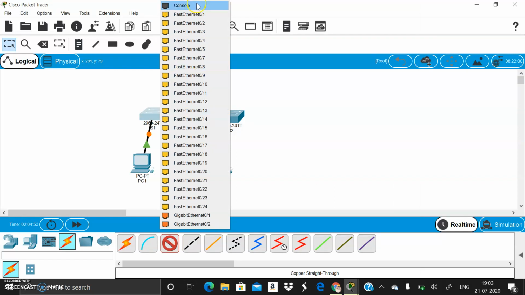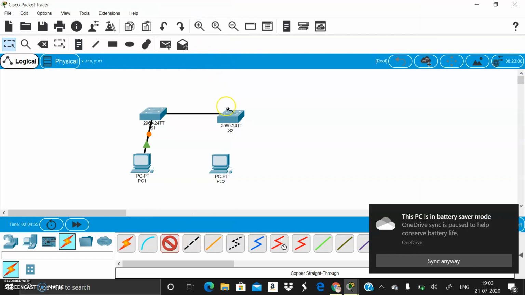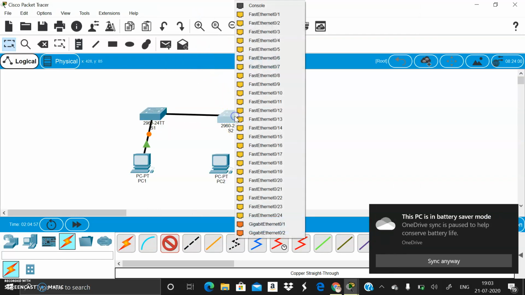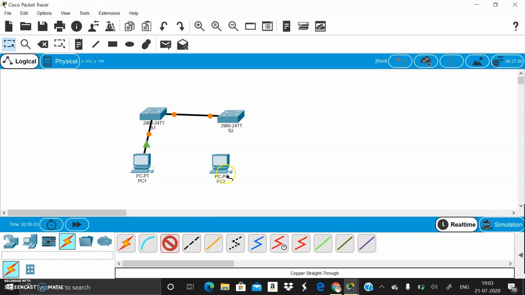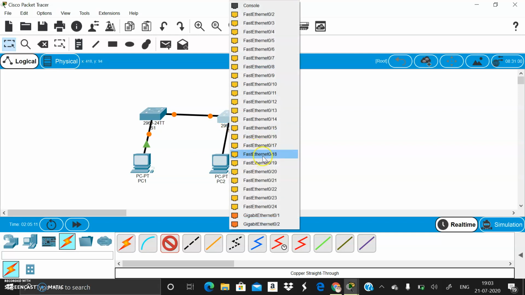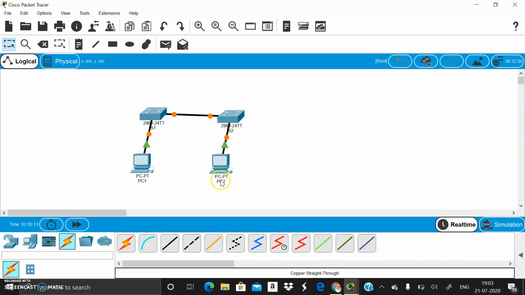Okay. Next I am connecting the PC2 to the S2. Okay, the connections are done.